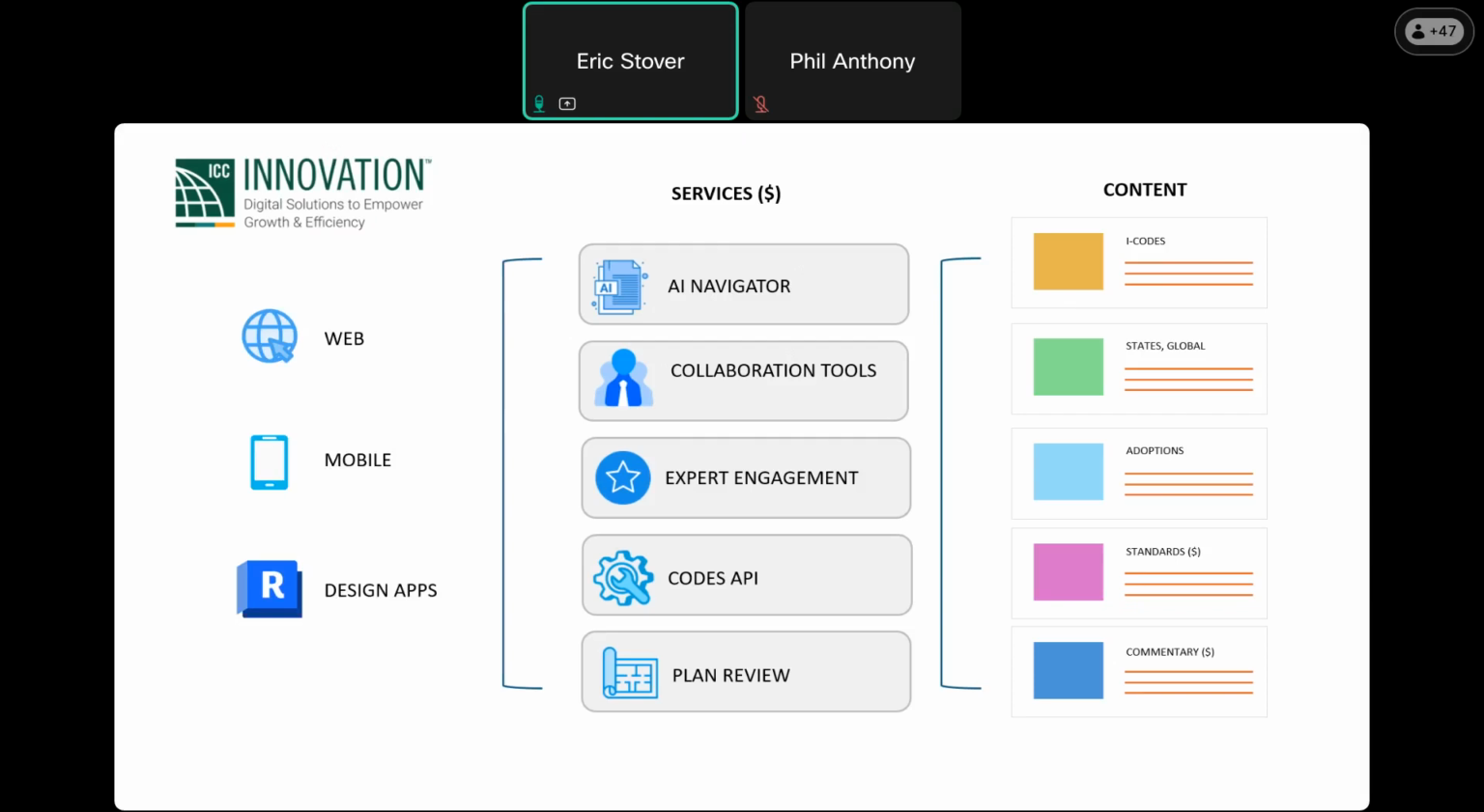So again, on the left, you'll see 3 primary platforms where you can access ICC's innovation tools and all of that content. I'm starting with obviously the web. It's our most robust interface. It's perfect for research, documentation, and managing workflows at your desk or the office. We also have a mobile experience. So we know that work happens in the field too. So our mobile experience ensures that folks like inspectors, contractors, project teams can have access to the code content and